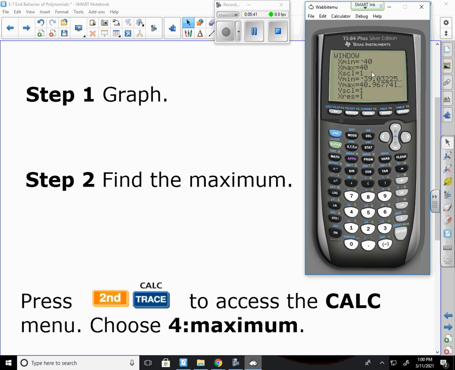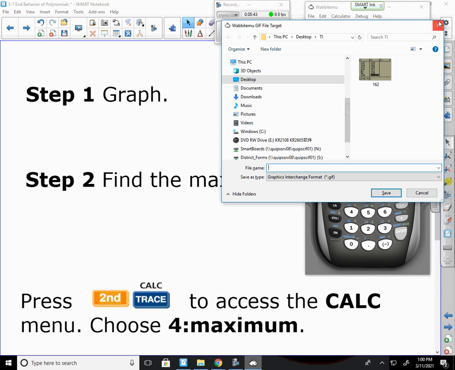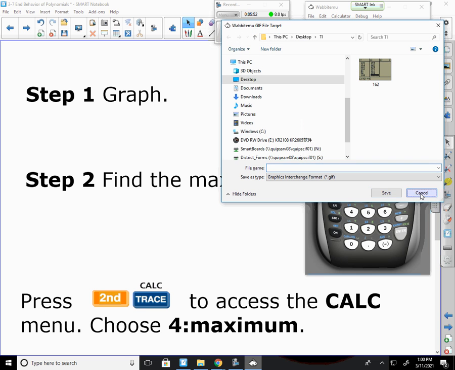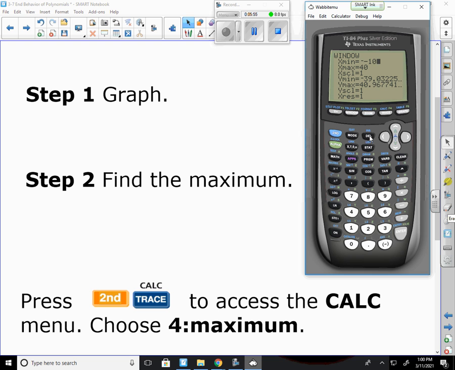Let me change this window a little bit. I'm going to do x min being -10, just so that you can see it well. -10 to 10. Let's look at that graph again. It's a little better. So now whenever I do second calc,